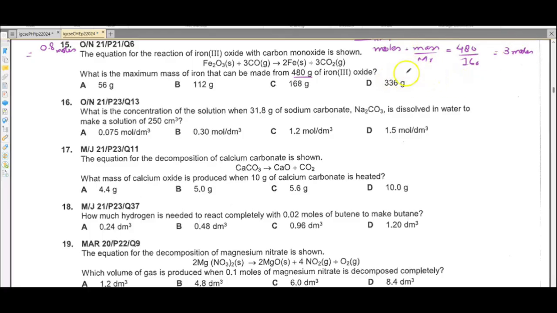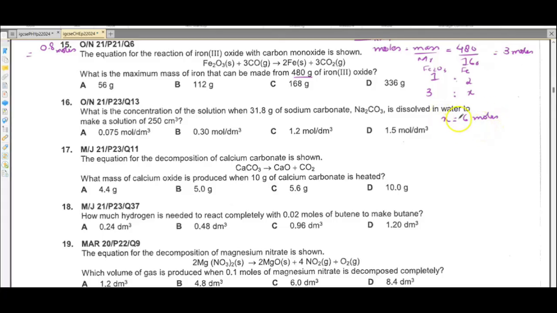The other thing that we need to do is find the moles of the substance for which we have to find the mass. That is Fe. Now if we look at the equation, 1 mole of Fe2O3 was there, and for iron there were 2. And we know there are 3 moles of Fe2O3 from this mass, and we don't know for this Fe. So x is equal to 6 moles would be the answer.